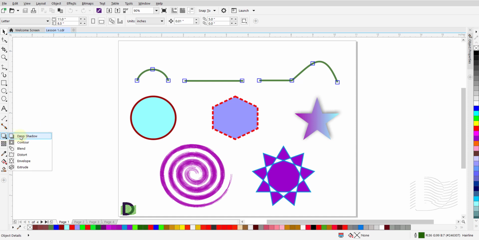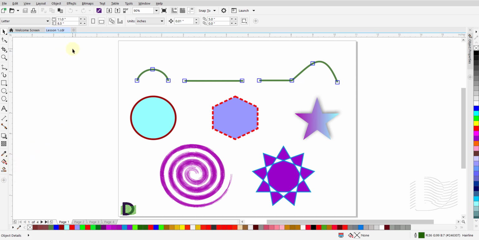One below is the drop shadow tool. Hidden behind the little black triangle are more effect creating tools. Then you have the transparency tool to create various transparencies in your drawings when needed. Then comes the color eyedropper tool to sample colors when needed. Hidden behind this is the attributes eyedropper tool that can be used to copy various attributes of one object and apply them exactly to another object. We will leave the last two for now. You will learn about them a bit later.